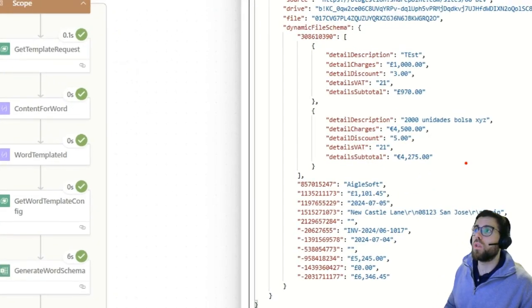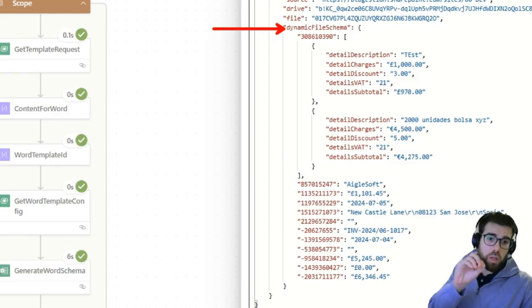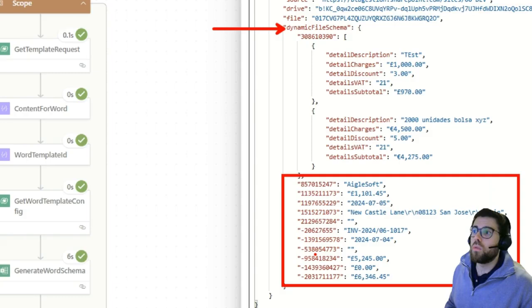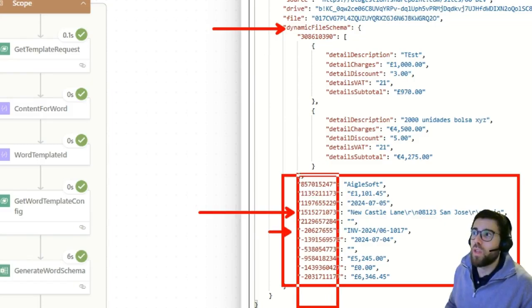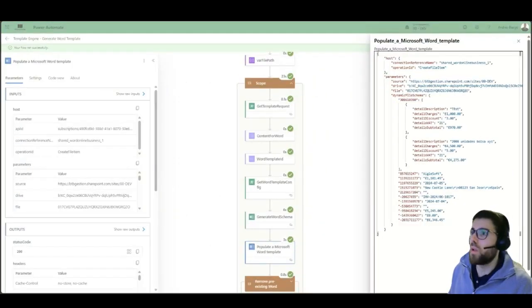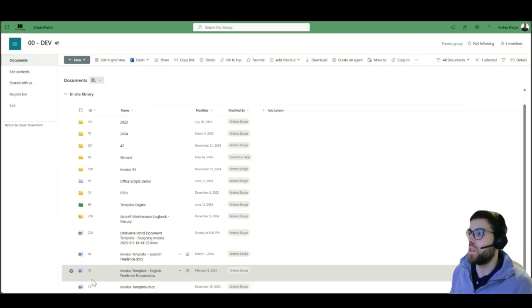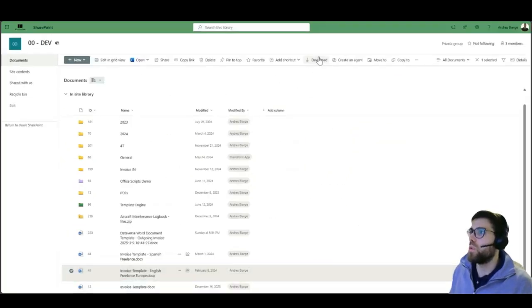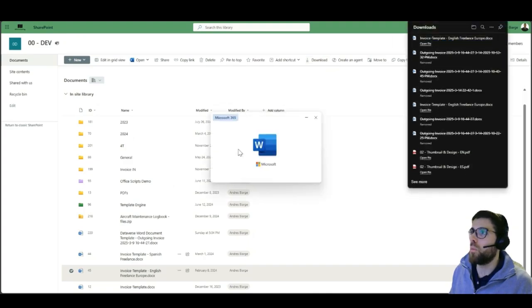And if you take notice here in this dynamic schema, this is what you input into the Word action with the Word connector. And you see the different data: the client's address, invoice number, and of course, if you take a look at these numbers, you don't have a clue, right? But if you check, this is exactly what's inside, and this is the Word template that I'm storing in SharePoint. So if I download the template and open it,